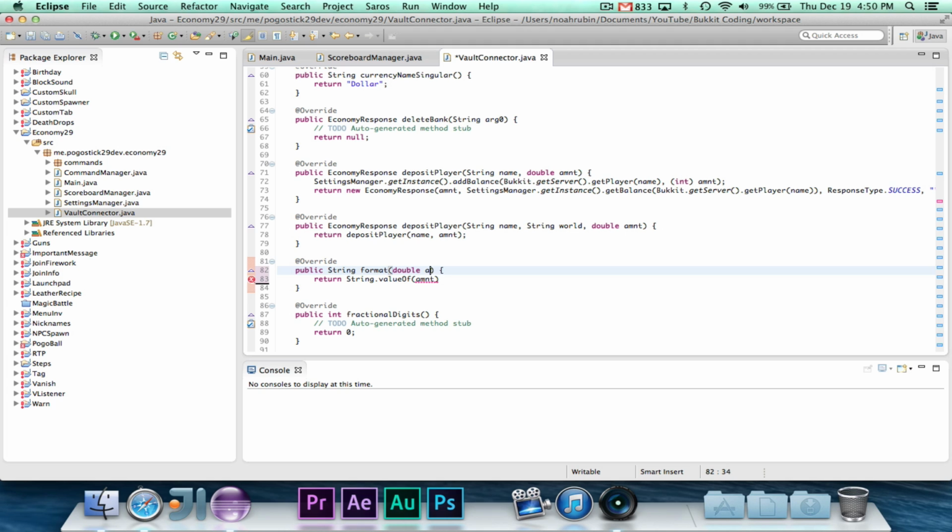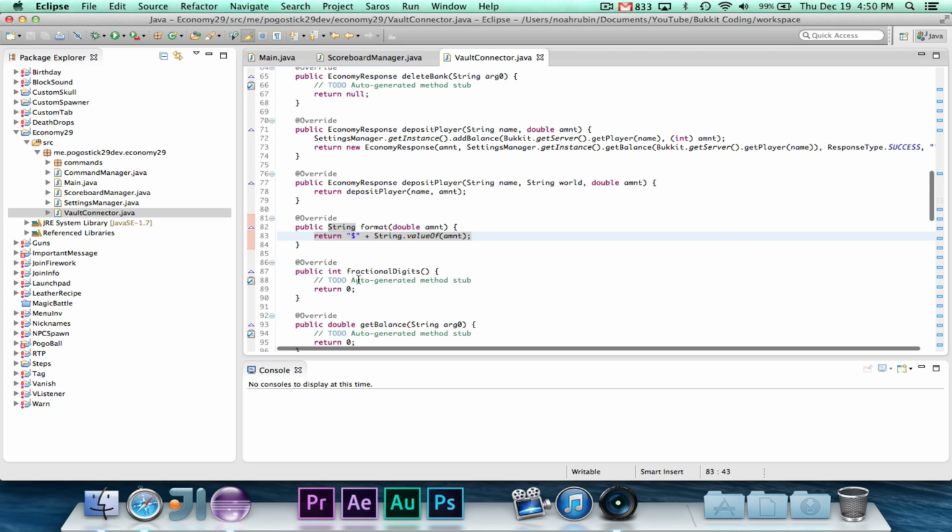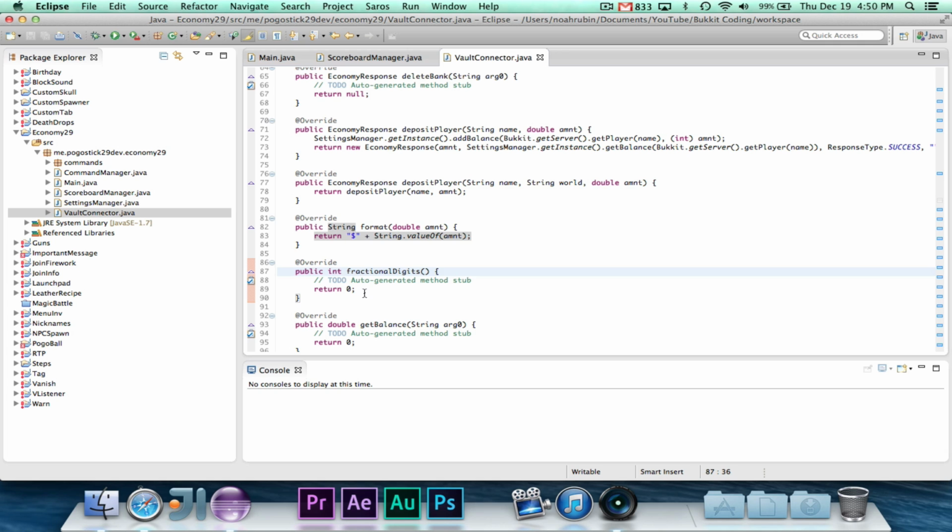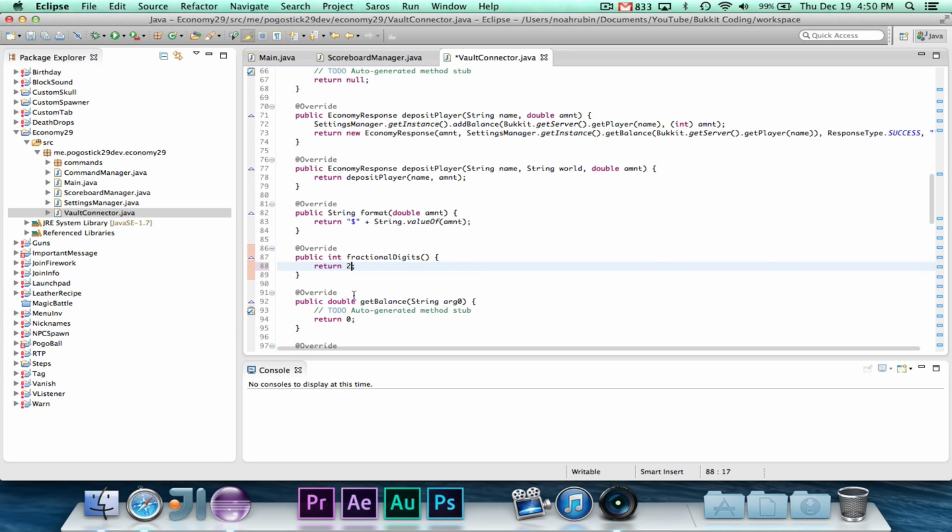Basically, if it's passed 1.25, it would return dollars 1.25 or whatever. Public int fractional digits, I think that's the number of digits in the number, so we'll just say 2.